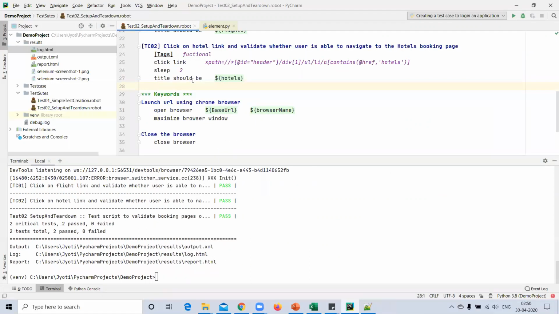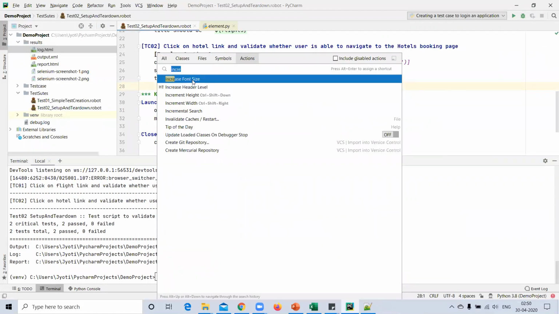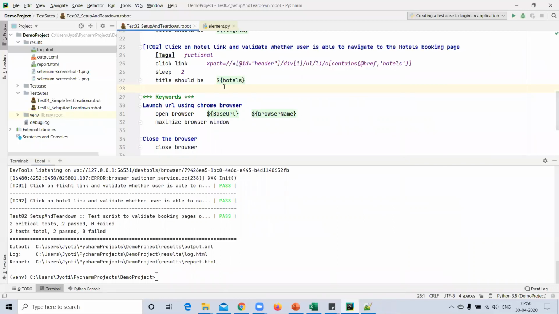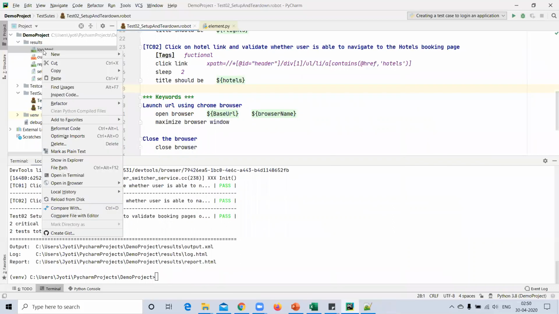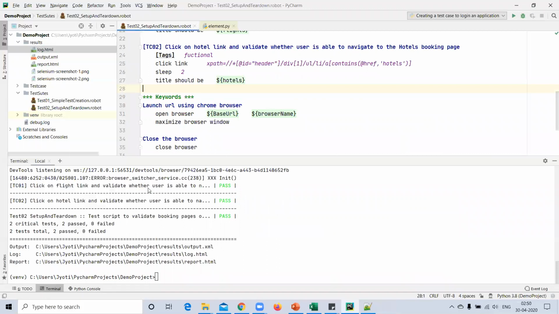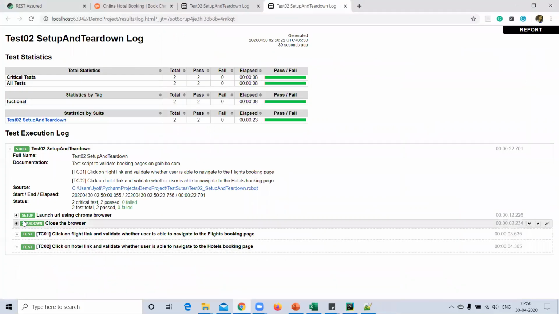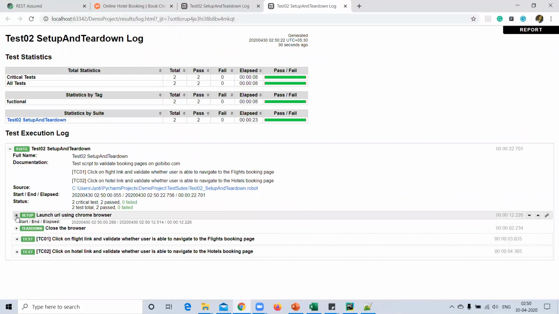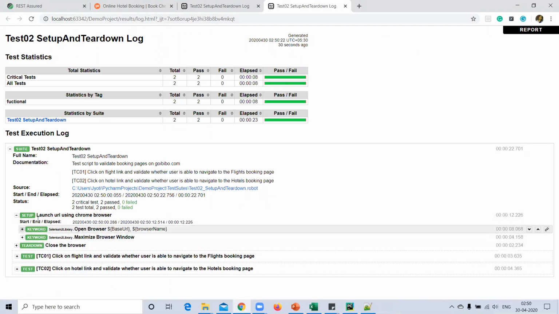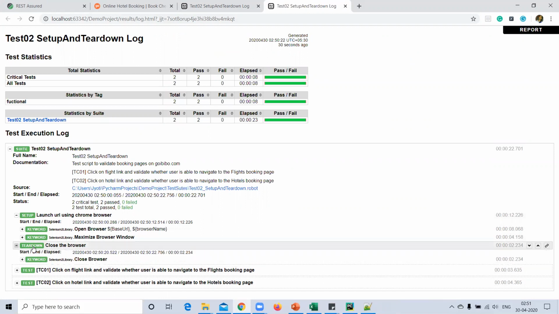I'm just increasing font size. Okay. So here is the setup where I have provided the method launch URL using Chrome browser, and here is teardown.